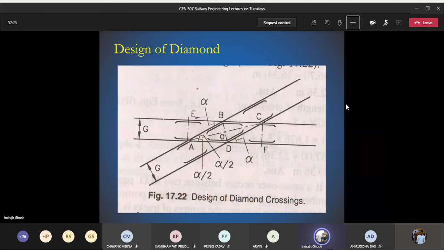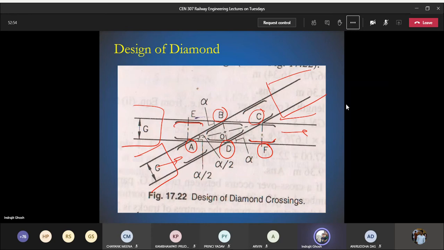Now diamond, how to design a diamond. We know that one line will be crossing another line, but where A will be with respect to B, or where D will be with respect to C, or where the position of F will be, like where we have to place the check rail at E or F, that we need to know. Okay, so here we have normal track, here we have normal track, normal track. Now suddenly you have been asked to go to the side and place the diamond. So how to proceed? As this is in rhombus shape, things are quite easy.